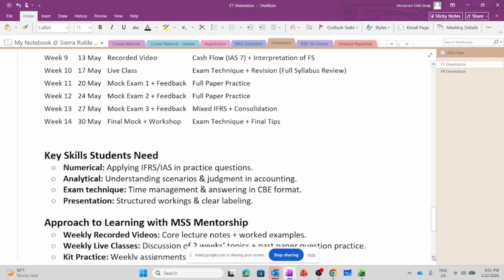You can understand the concept, you can understand everything, but if you fail to manage your time, at the end of the day, you're not going to pass the examination. Presentation is also very important for section C. You need to know how to present your working and how to calculate. If you are asked to do ratio analysis, you need to prepare by heading. For example, if you are going to analyze the performance of the business, the position of the business, the liquidity status, or analyze for the investors, you need to know which ratios you are going to calculate.